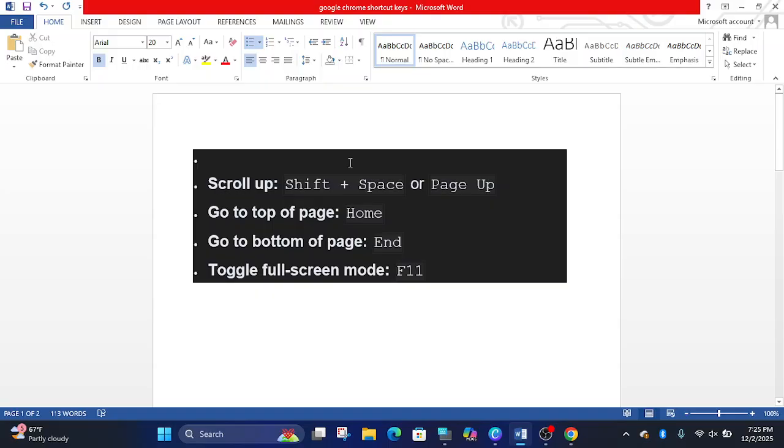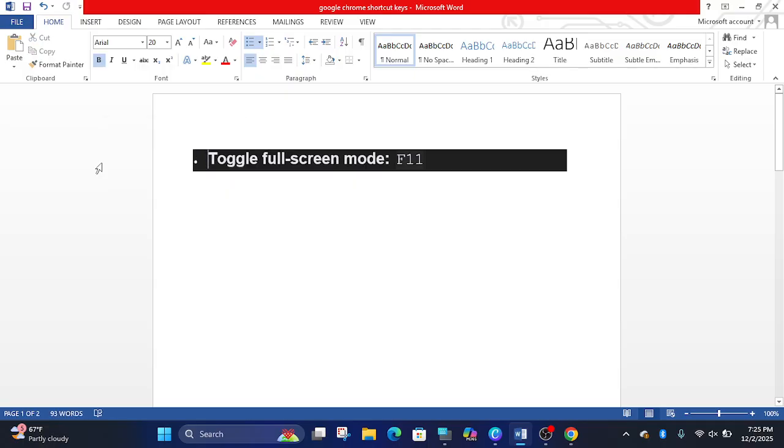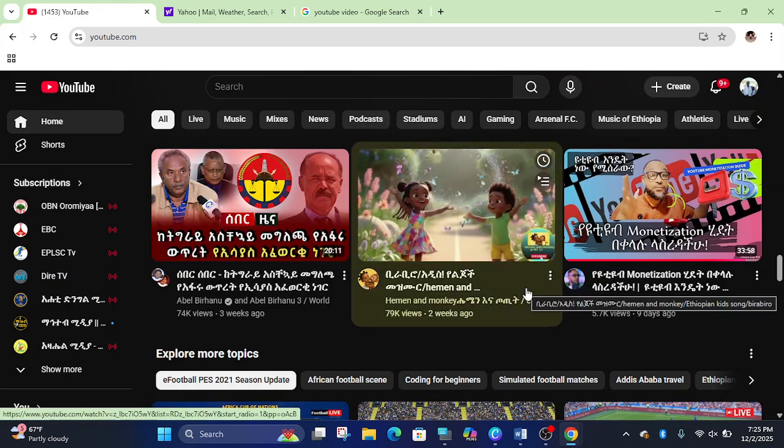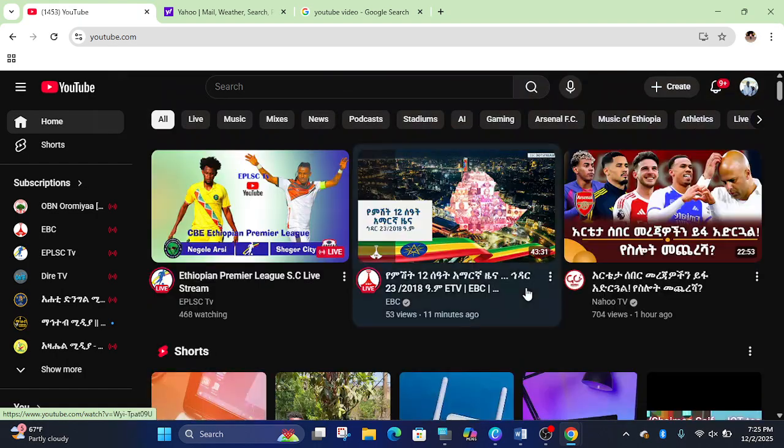Shift plus space is page up, scrolling up. To go to the top of the page, press Home, and on the keyboard there is an End key. It helps you to go to the end of the page. Home goes to the top.